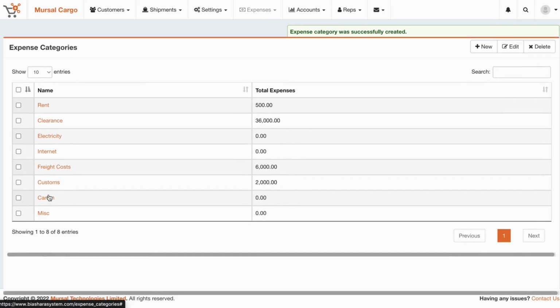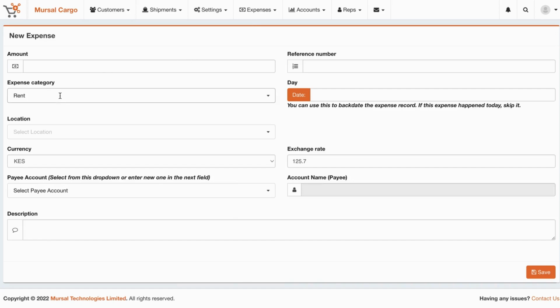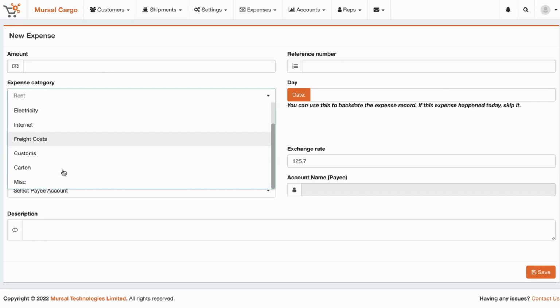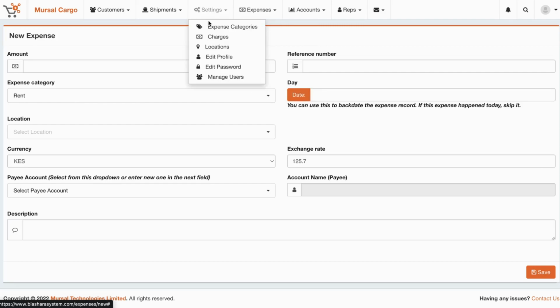The good thing with adding expense categories is when we are creating expenses from here, we go to new, and then we will be able to find that category here. So if we were to create an expense for this category, we will be able to select it from there. If we go back to the expense categories,